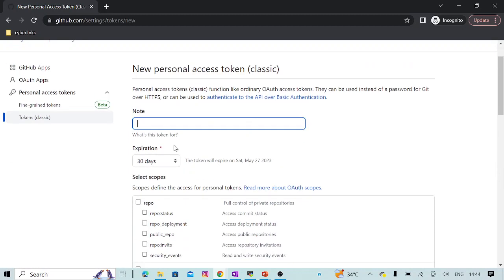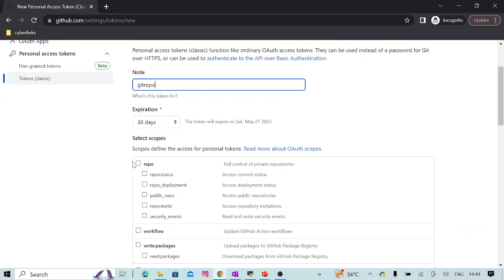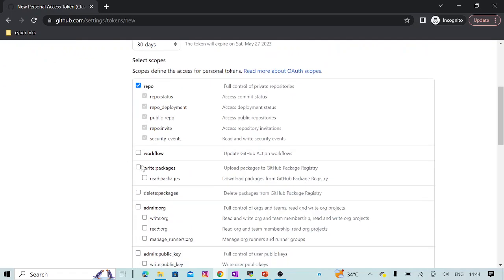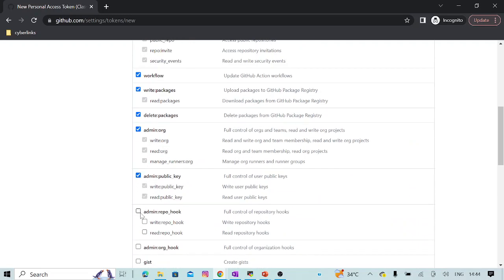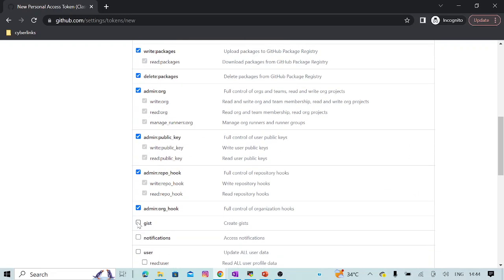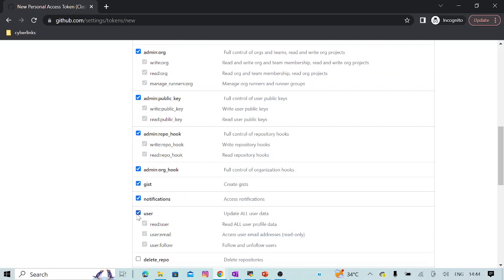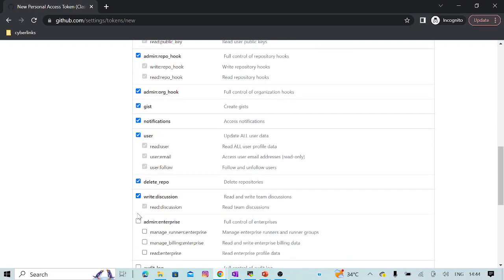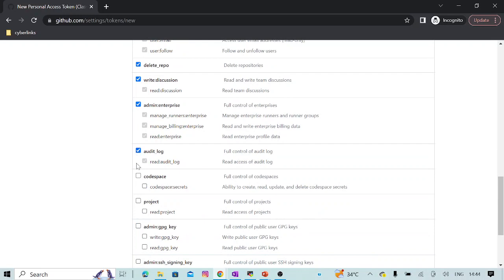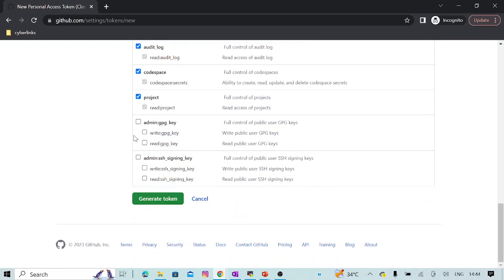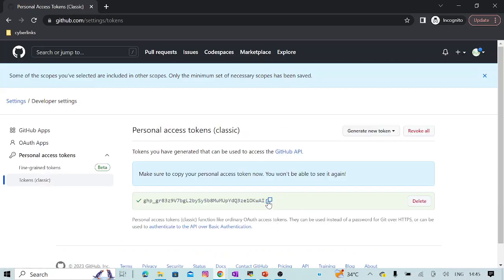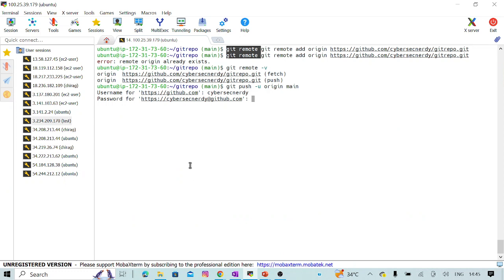Okay, so let's say git a repo. I will be giving the name the same as that of my repository, and I will be granting all the privileges for the time being. Anyway, I will be revoking this particular token because I'm just using it for demonstration. A lot of permissions here. Generate token. So this is the token which I have generated. I will copy this, and if I give it here,